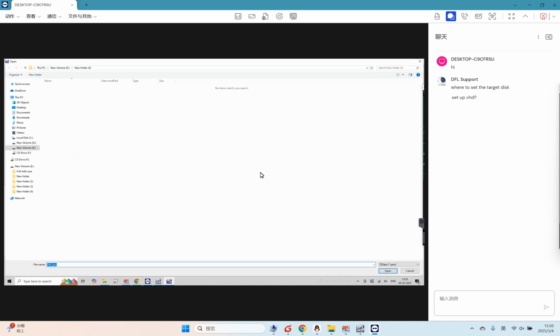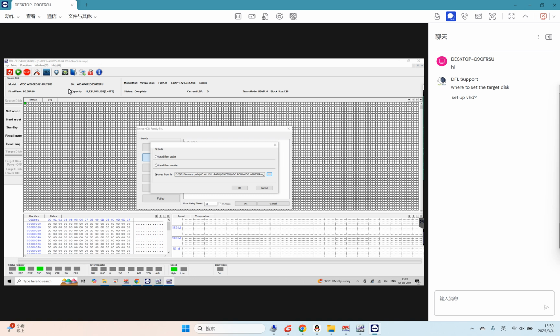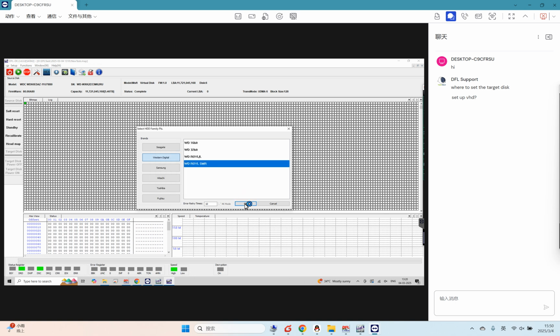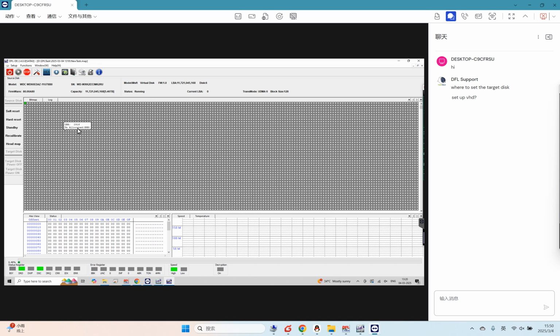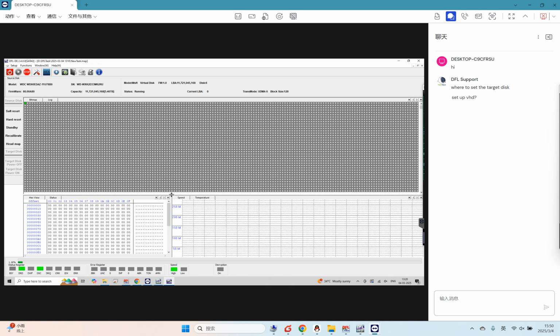Okay, now we can paste this path here. We select this module 190 to node here. Click OK. Click OK. Now the software starts to set up the head map, because we have already seen the